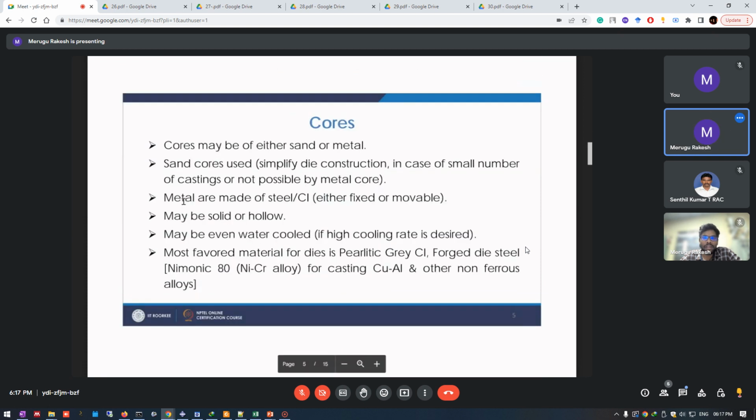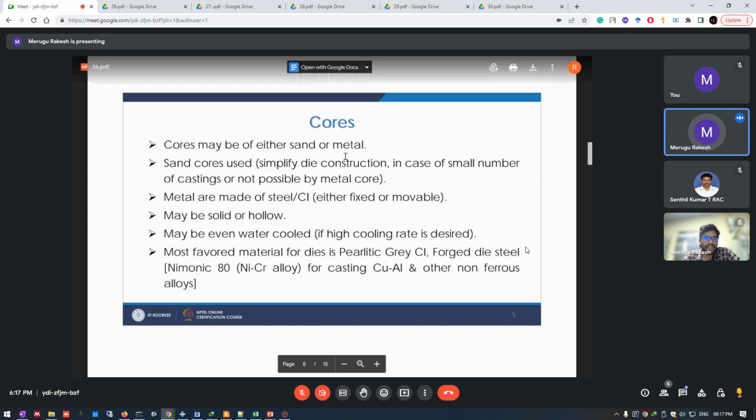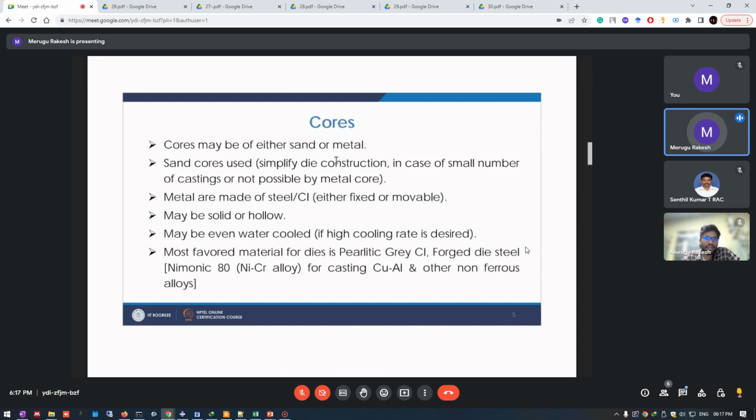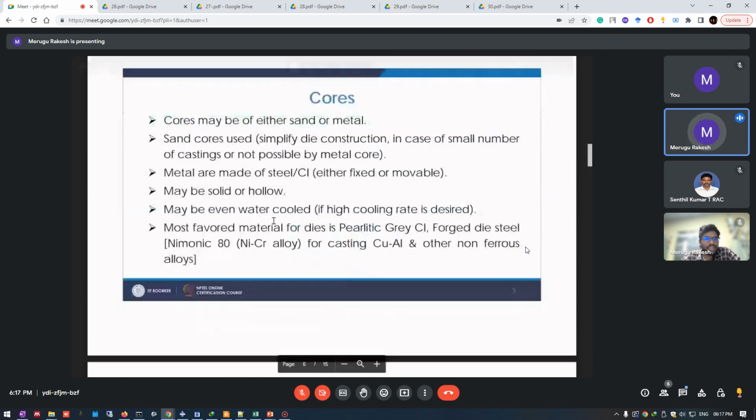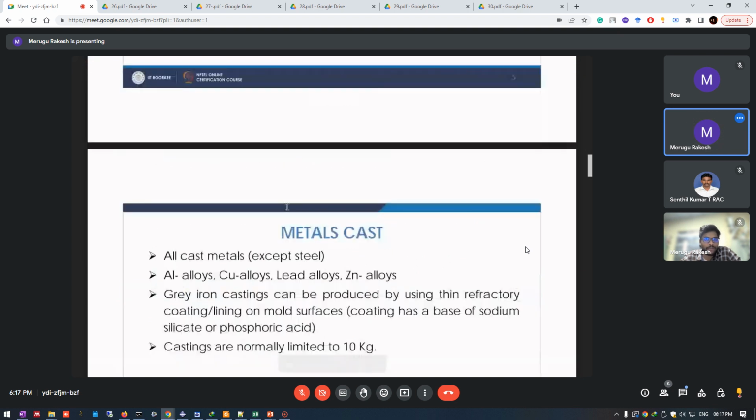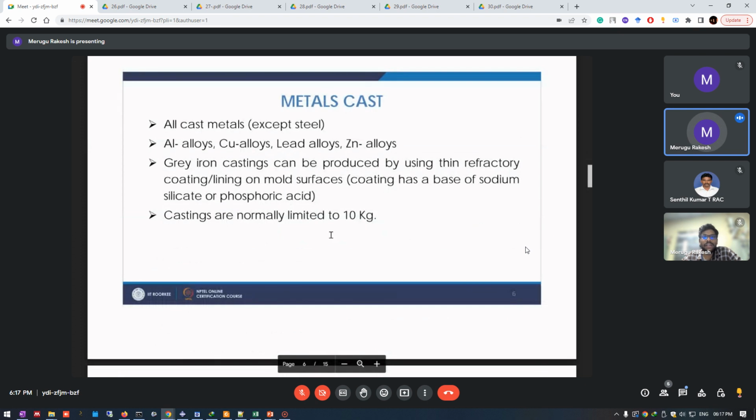Then cores. This is the same as in sand casting. It can be made either by sand or metal. If you want to produce the castings in large number, we can make the cores with the use of metals. These cores can be water cooled, in order to introduce a controlled directional solidification as well. The metals used in this are aluminum alloys, copper alloys,